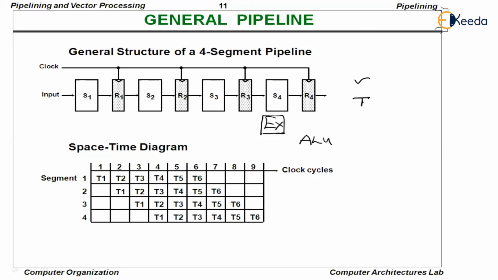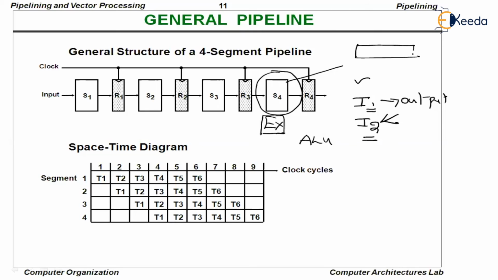If there are 2 dependent instructions, I1 followed by I2, I2 will have to wait for I1 to produce the output, then the output can be used as an input to I2. So I2 will have to wait till I1 gets completely finished. Till the instruction gets executed, the output of I1 will be written in some register file. One of the processor's registers will get updated.